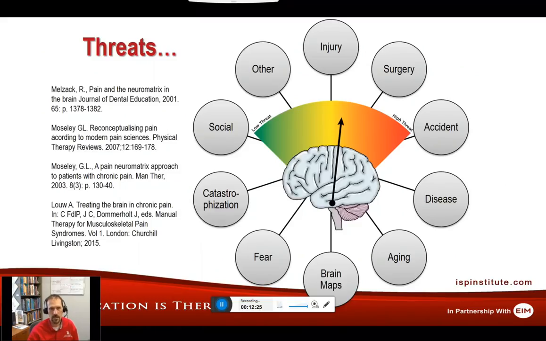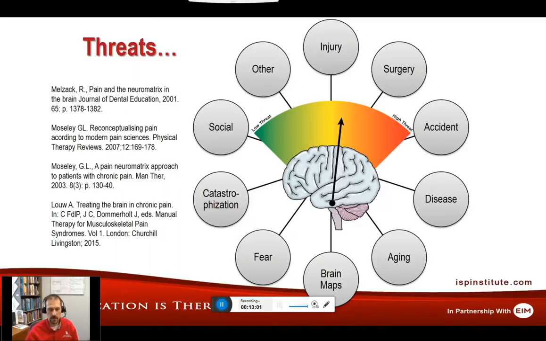And when we start to understand threat a little more broadly, we recognize it's not just injury. While injury can be one of those components, a lot of different things within the whole context can alter and change threats. So what they think about the surgery or the accident, the disease, maybe the words that were used with the disease. Maybe they were told they had some degenerative disc disease, and the patient may hear that and think, geez, it must be that my disc is disintegrating away and I maybe will no longer have a disc. Or if I'm told I have arthritis, patients' perceptions of arthritis are sometimes very negative.